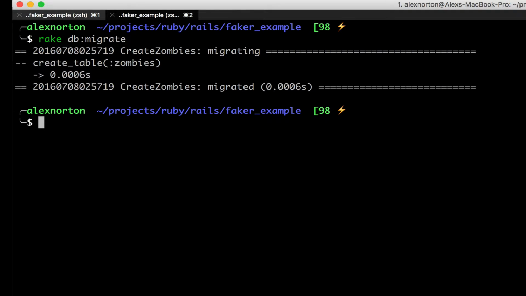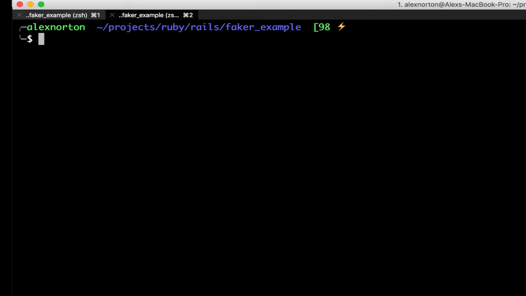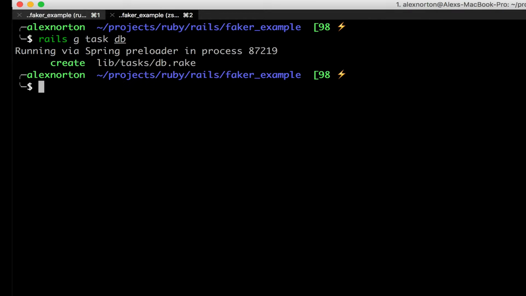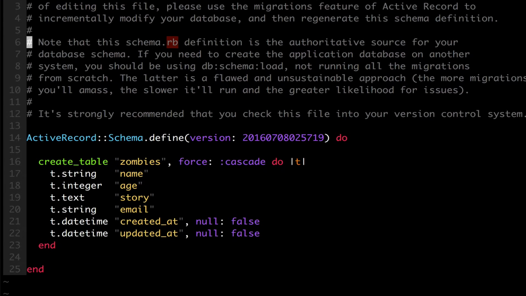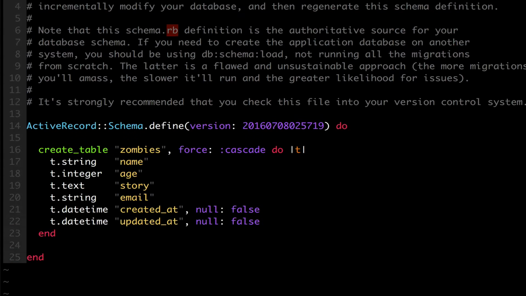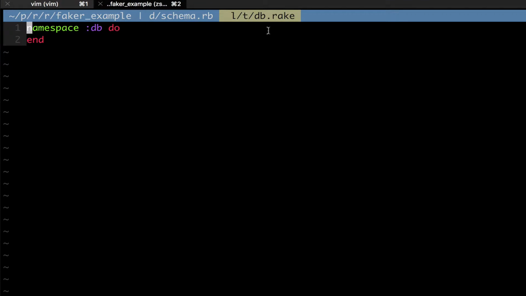Sweet. Okay, so now we've created that model, and it's going to be in our schema. But the thing we're also going to do is generate a task, and this is going to generate a rake file for us, and this rake file is going to create our models. So now if I go into Vim, I can look at my schema and see that I created a table called zombies that has a name, age, story, and email. And now I'm going to go to my db.rake file, as you see right above here, and I have a namespace. I'm going to give it a description that says